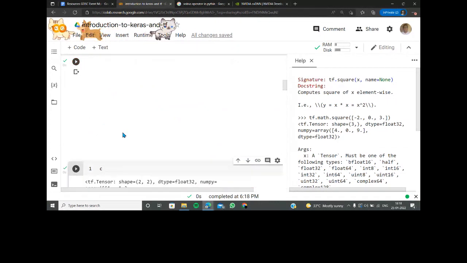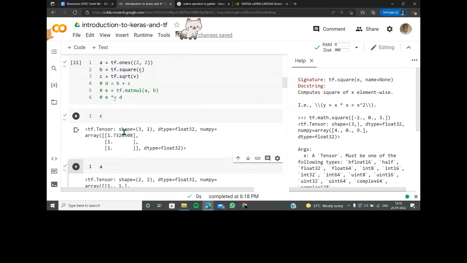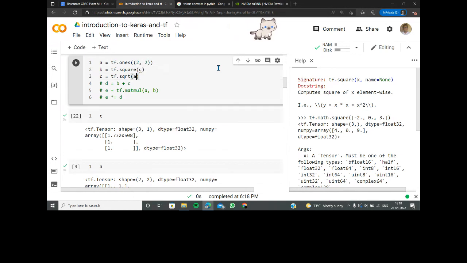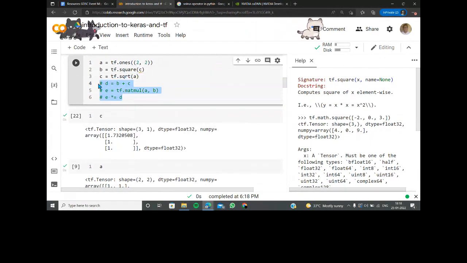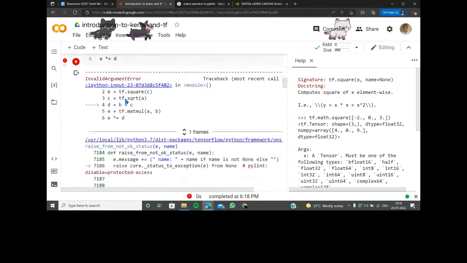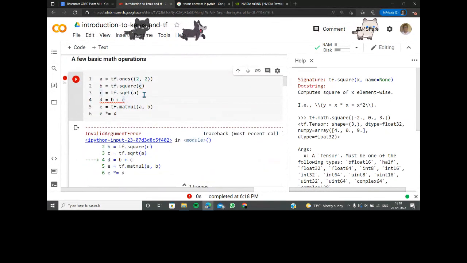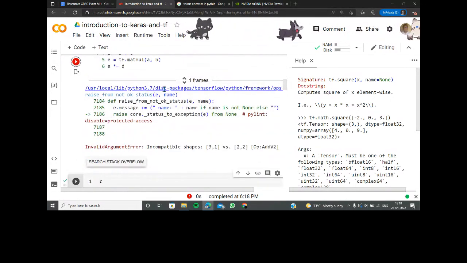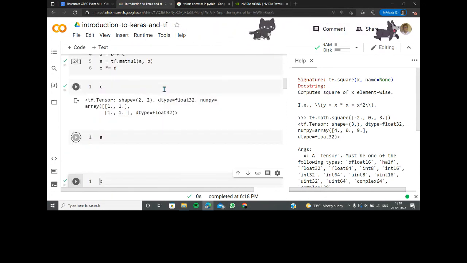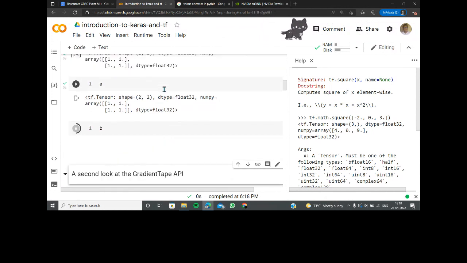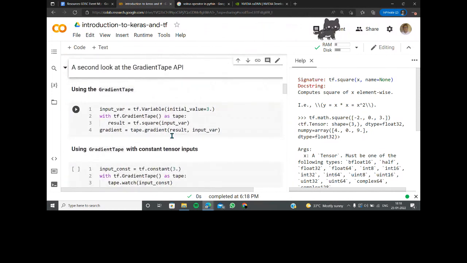So C is going to be some value here. Just see the magic of it. C was already given some value. So let's just do B or A, something. Let's just uncomment all these things. All right, this is going to be a tough challenge. Let's do C. Yeah, I think C worked. C is now back to 1. There's nothing to be added. All right, so this is how it is.